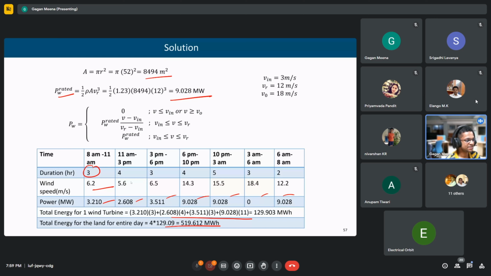Even pitch angle can be changed through that, but that is also not practical. Pitch angle changing automatically is not feasible. No, it is done automatically. Pitch angle is being changed automatically only. We are not doing it manually.